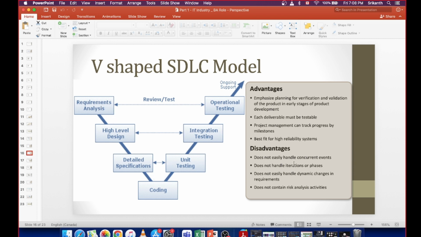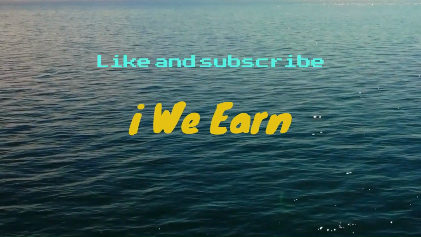It does not easily handle concurrent events, and does not handle iterations or phases. So I think in current days, no one is using this methodology. And in my experience, I have never come across this. I worked only on waterfall and agile models till now. So you can just go through this slide, and if you have time, you can just